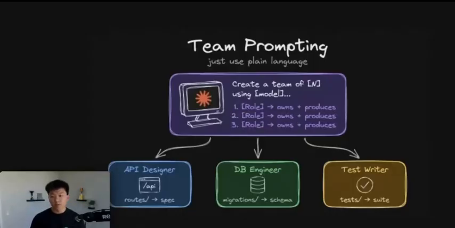Now, the good news is you can pretty much invoke them just using natural language. So I kind of follow this pattern. Create a team of X number of agents using X model. So Haiku, Sonnet, or Opus. And then you basically just say the agents that you want. You would say,